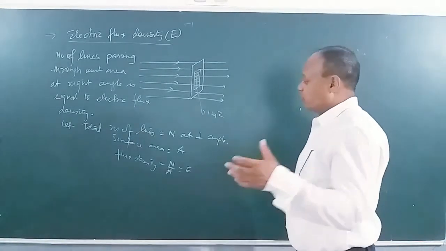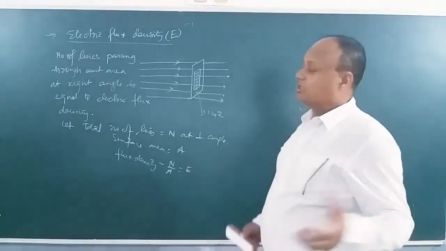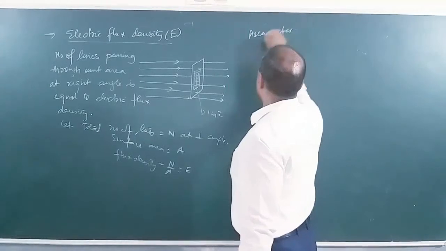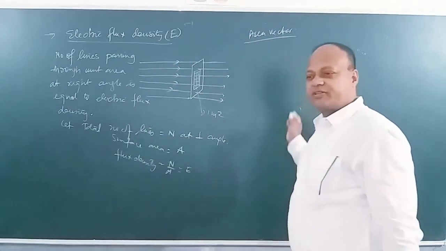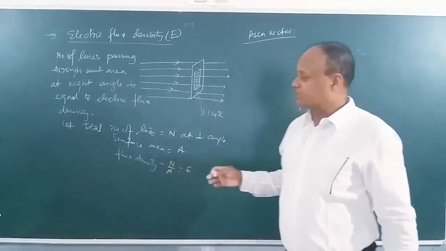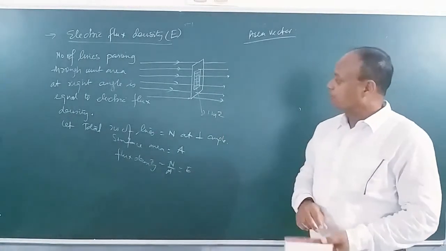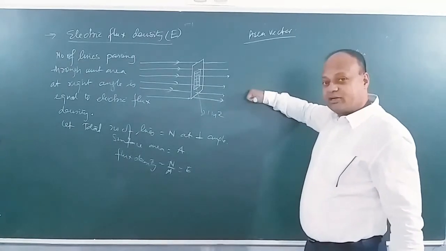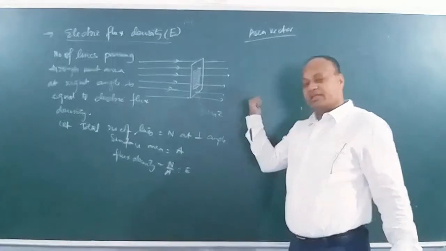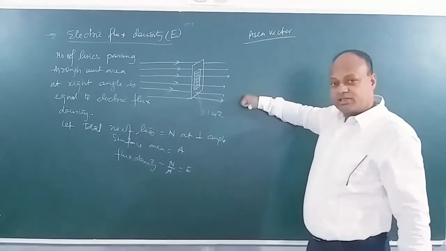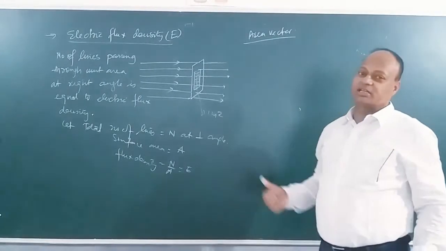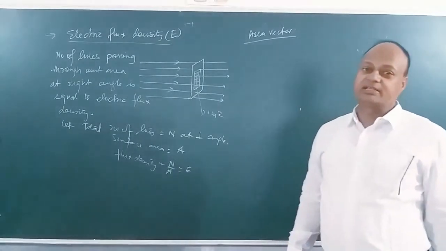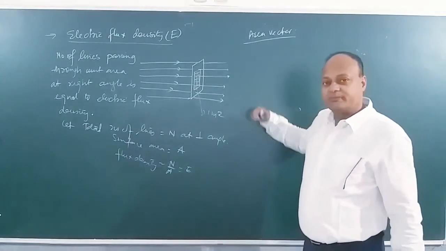Now, before we go to the discussion of electric flux, we will understand an important concept of area vector. You see, this is the surface on which I am writing. This is a two-dimensional surface. It has length and breadth. Now, if I consider a vector which is directed at right angle to the surface like this, or it could also be like this, meaning it could be outwards, or it could be inwards. So both are considered area vectors. But generally speaking, I will be taking the area vector as the outward normal.